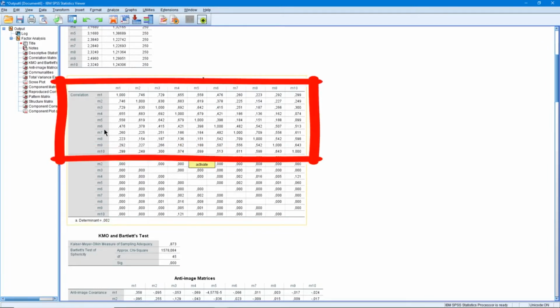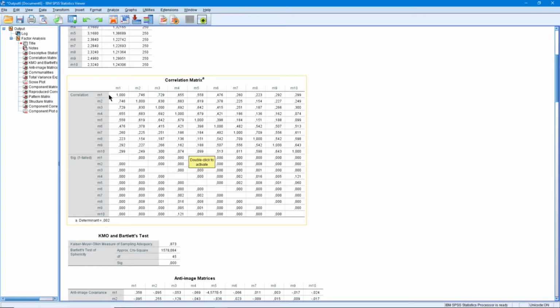First of all, when we examine the correlation values, we can see the correlations of each item. For example, the first item with the second item and the third item with the fourth item. We can see the correlation coefficients. If we recall what the correlation coefficient was, it was a coefficient that took values between -1 and +1, and the correlation increased when it approached -1 or +1. Here, we want relations between our items at a medium level, that is, not too high, not too low, and we want these relationships to be meaningful.